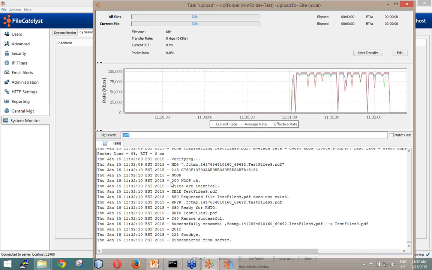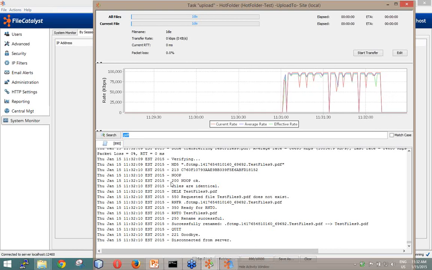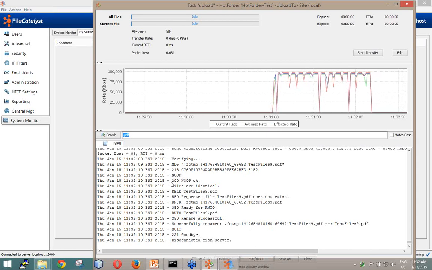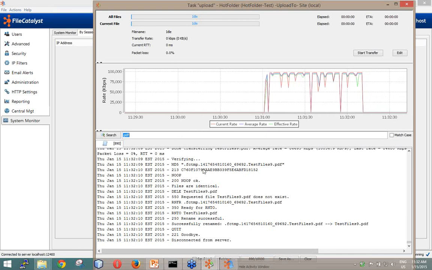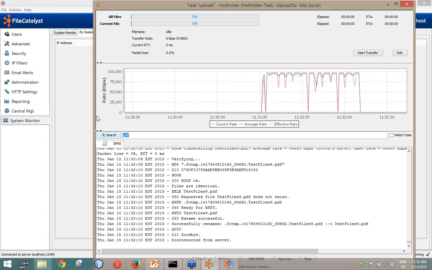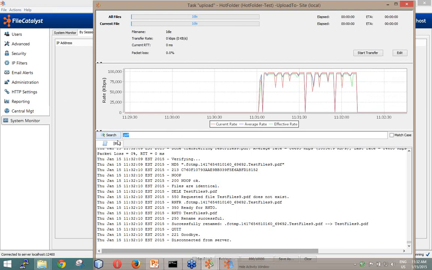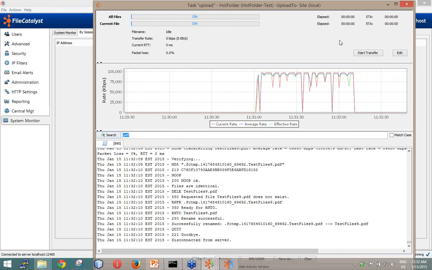We do have another application called Central where you can actually connect all of this and then have a web application where you can see everything at a glance from all the hot folders, all the servers, search by file names, find out bottlenecks on your network. But that's a story for a totally different webinar. I just wanted to show you here what you can do with the hot folder, which allows you very quickly to find problems and identify them, and also get notified if something goes wrong.